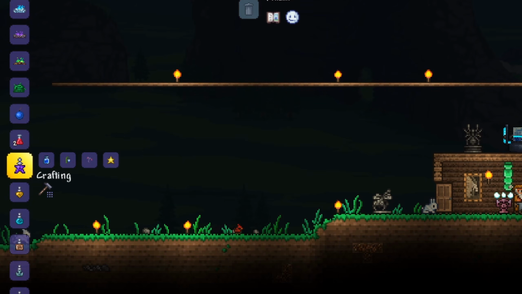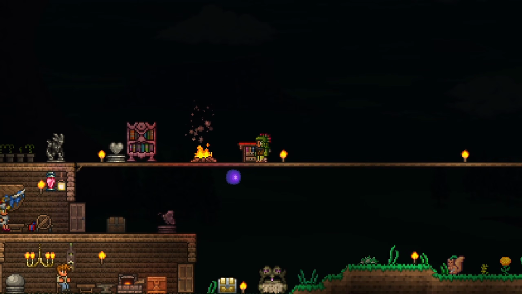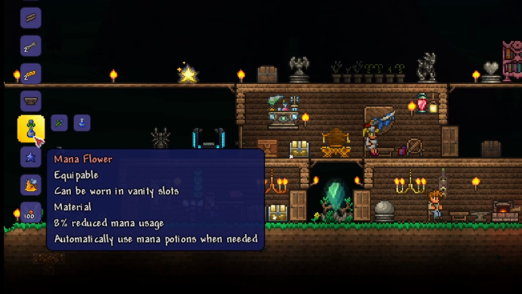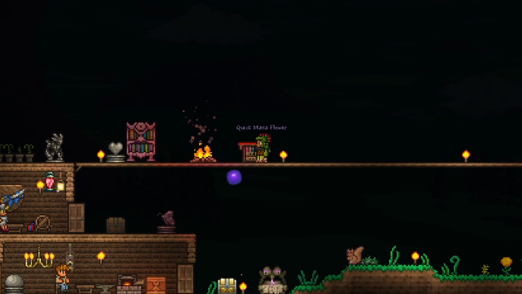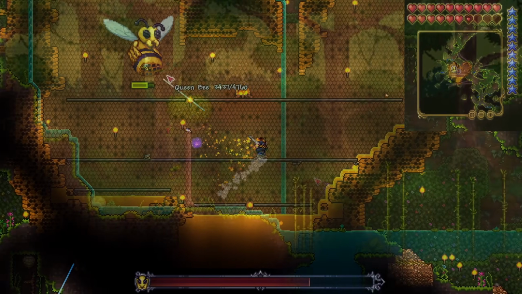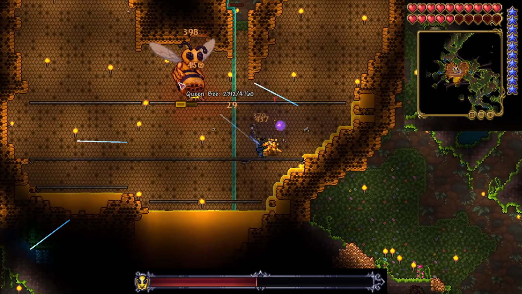Combine the 2 at a Tinkerer's Workshop, which is bought from the Goblin Tinkerer after you've defeated a Goblin invasion. The Mana Flower accessory you obtain allows you to automatically drink mana potions when you run out. This is an amazing accessory that's a huge quality of life improvement. However, do note that drinking mana potions decreases your damage for a short period of time, so you can't rely on it too much. Take down the Bee Queen for the Bee Gun if you like,